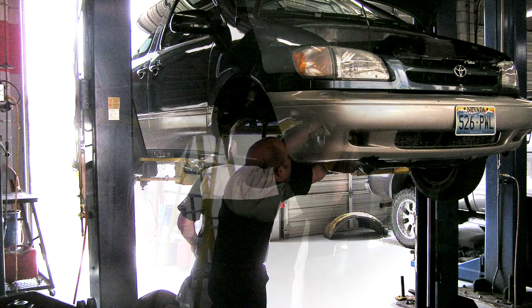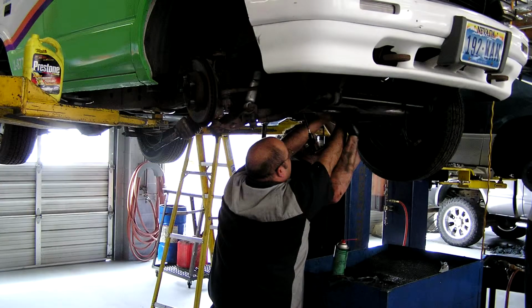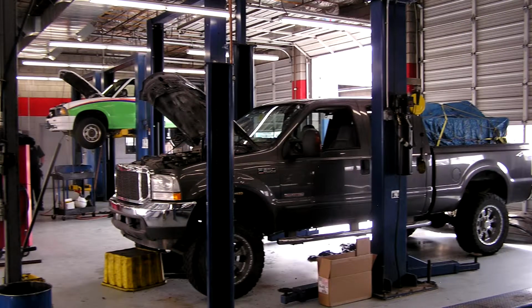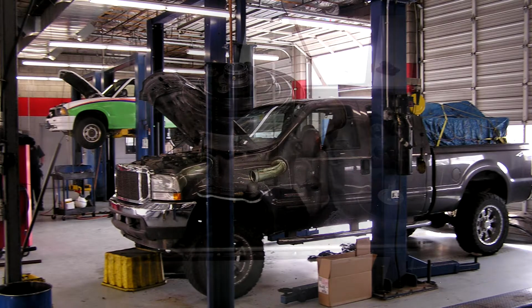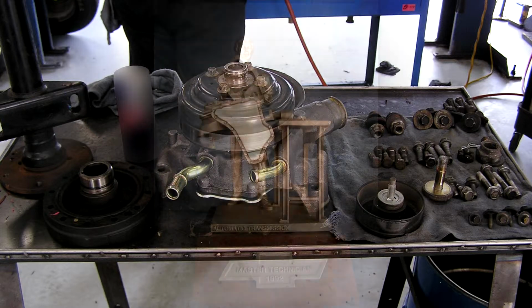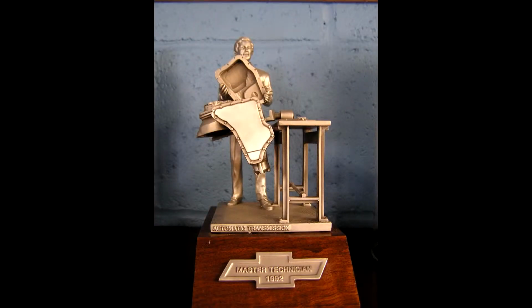And distributor caps and rotors. That's old technology for us in the industry today, but there are still a ton of cars out there that are running distributor ignitions. And those do need to be replaced at the manufacturer recommended intervals. The same thing can happen if those don't get replaced at the time of a tune-up. You get the misfires, you get the poor fuel economy, everything that goes along with not taking care of your car properly. And these, by the expansion and contraction of hot and cold, and our climate has the two extremes, boiling hot summers and freezing cold winters,